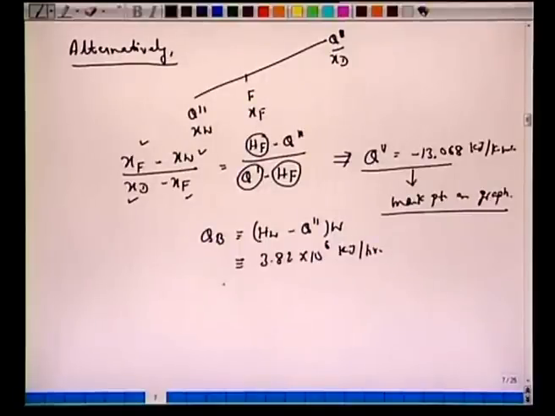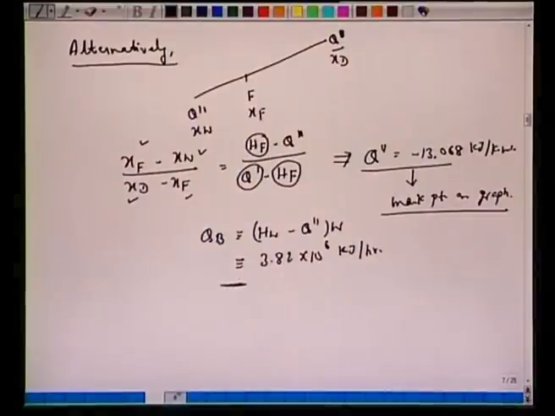All right. So before we do the second part of the questions, how many number of plates are there, let us summarize what we have done. So the problem statement, first you have to read the problem very correctly, and you have to realize what is the state of your condenser. In other words, the reflux which goes back to the column. Is it a subcooled liquid or is it a saturated liquid? Here the problem says that the first thing is the total condenser. So entire vapor is completely condensed.